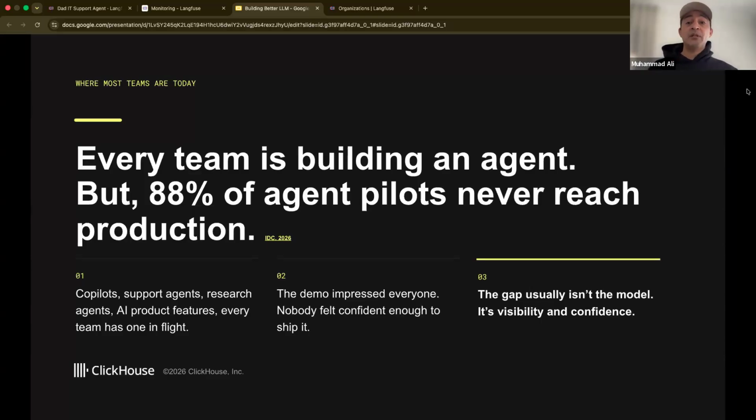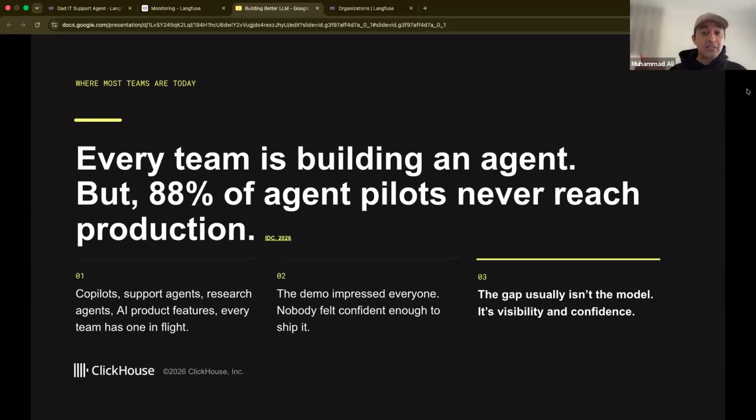Almost everyone we talk to is building something agentic, like a support copilot, an internal research tool, something with RAG, and almost all of them tell us the same story. The demo looked incredible, but it's been stuck, almost ready to be shipped, for months. And rarely is the model quality the issue; it's that nobody can see what the thing is doing.